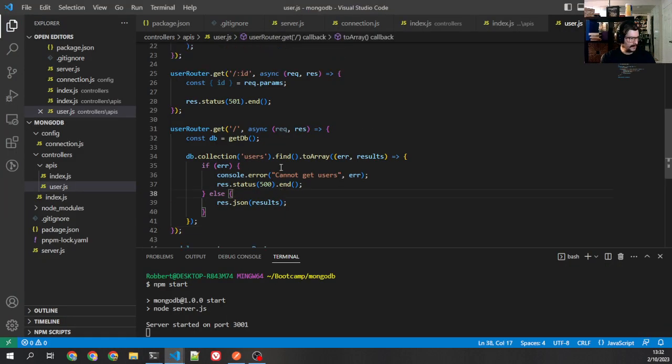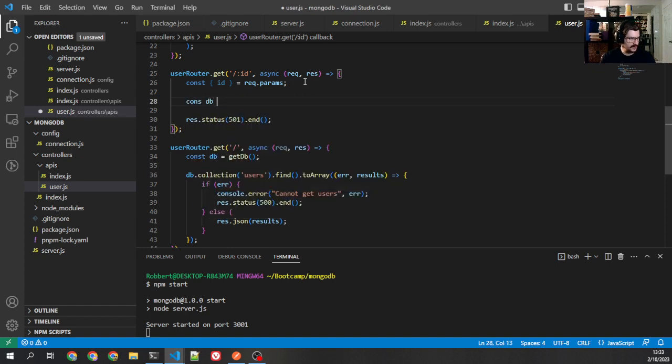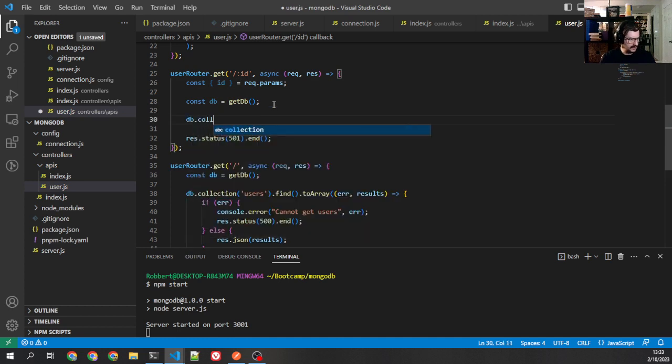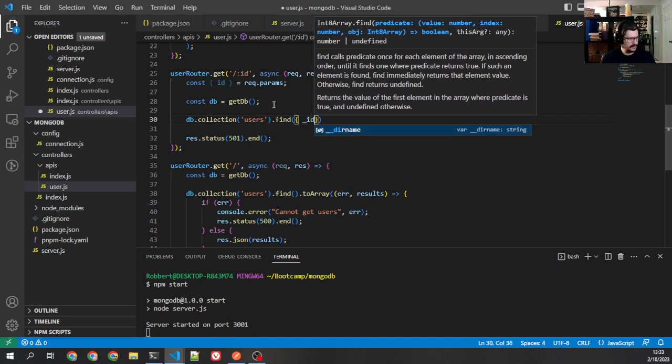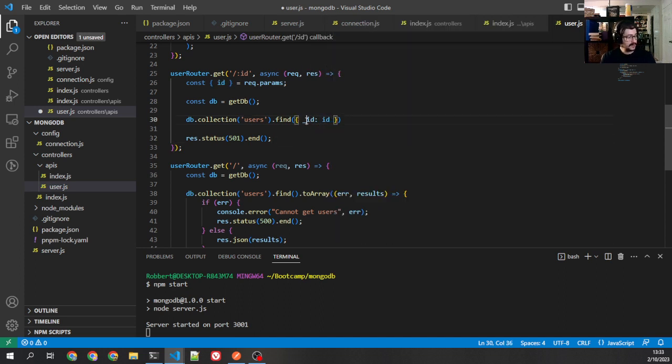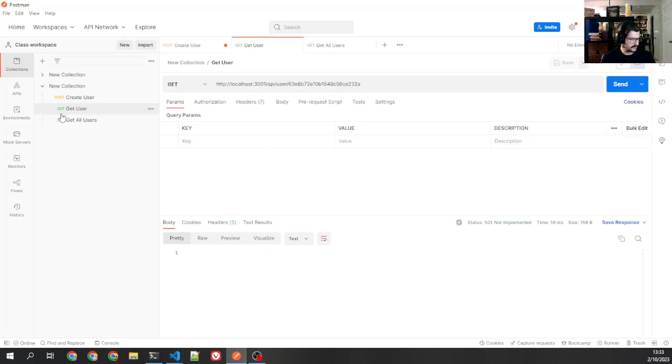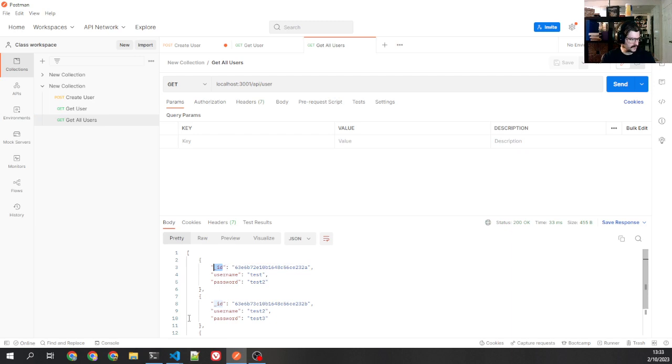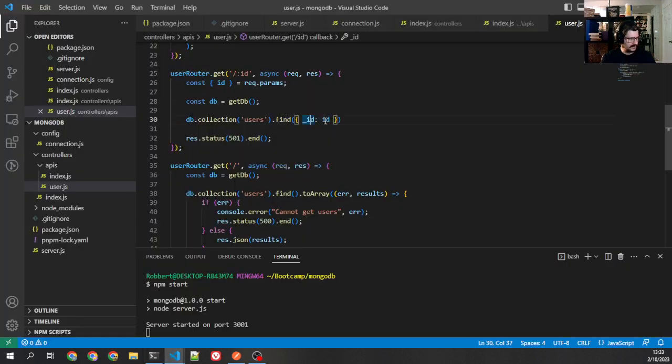So now let's see. Here's this last one. We have the ID, and we want to specifically find a user with an ID. Well, what we could do is, well, first let's get our DB. db.collection users.find. We could actually put in ID like this. Because remember, this is the field that Mongo is using, right? We got that from here, that underscore ID field. And then the value is here, and then toArray,